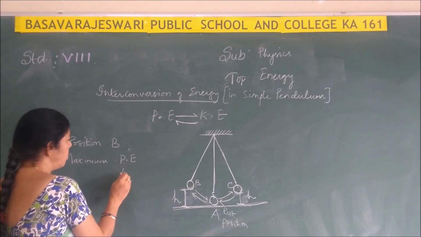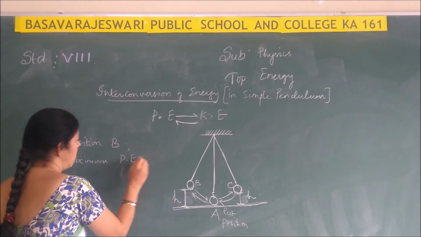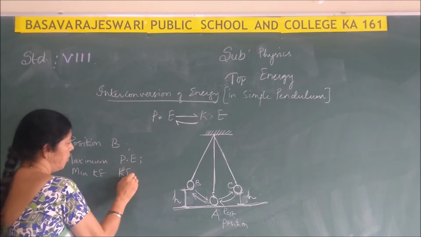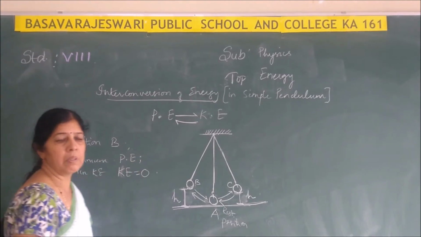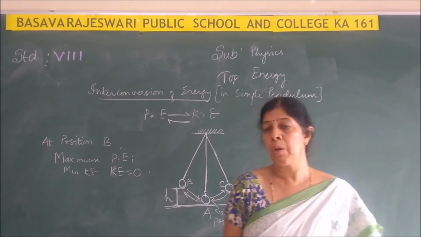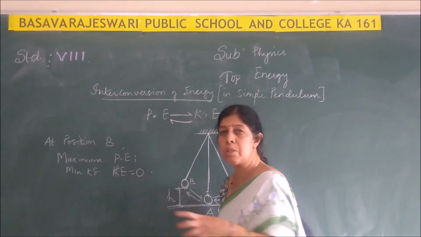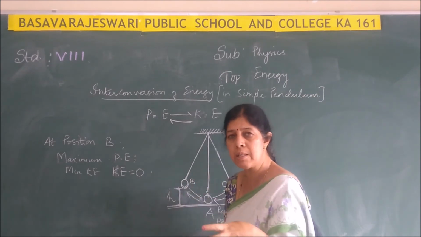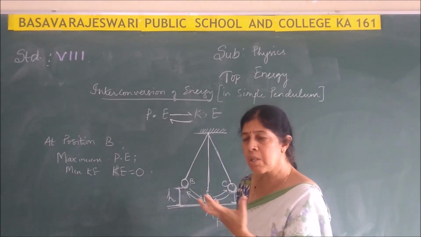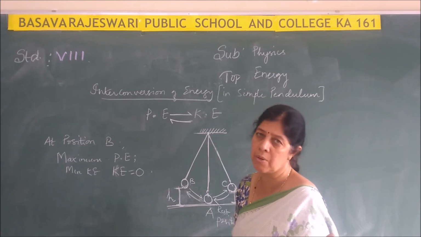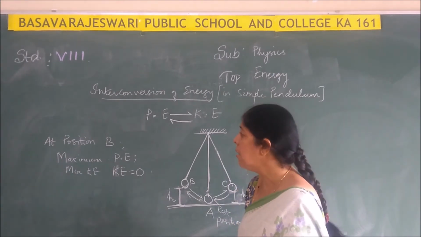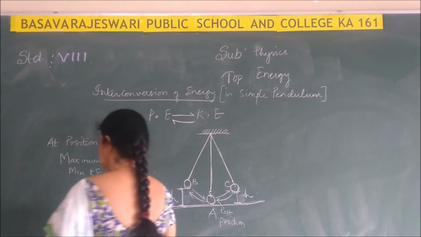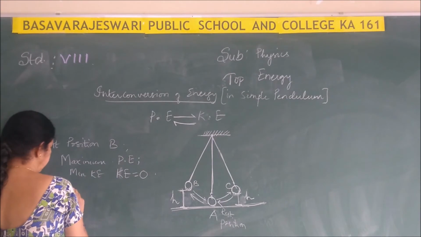And the kinetic energy will be minimum. Minimum kinetic energy. Or you can tell that kinetic energy will be equal to 0. Why kinetic energy will be equal to 0? Because when you are holding the bob, then what you are doing? The bob is at rest. You have not released the bob. Because the bob is at rest, it will have 0 kinetic energy because velocity becomes 0. But due to the height, the bob will have maximum potential energy. Okay. Now at position A,